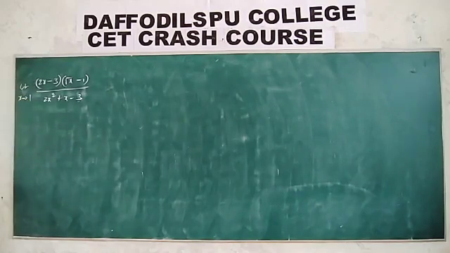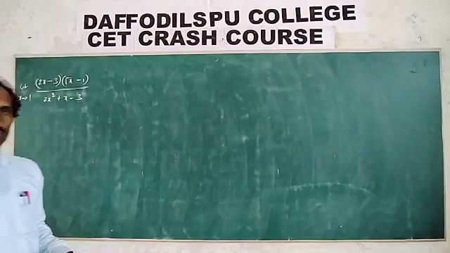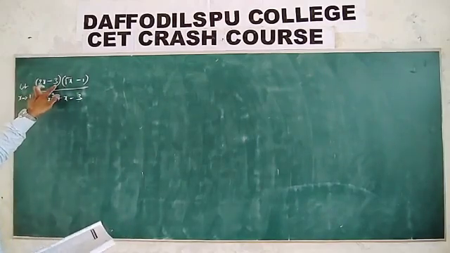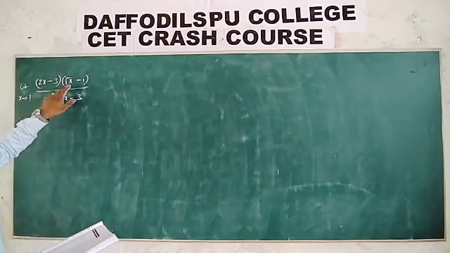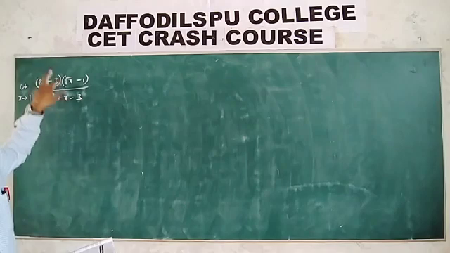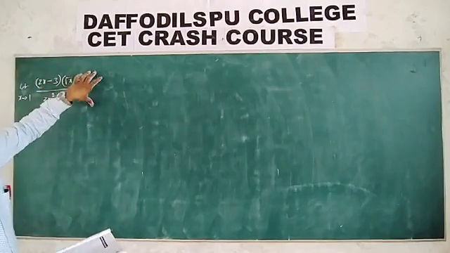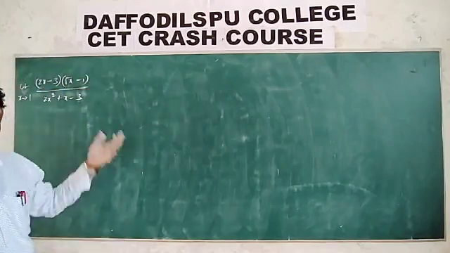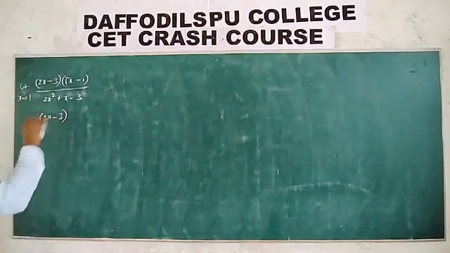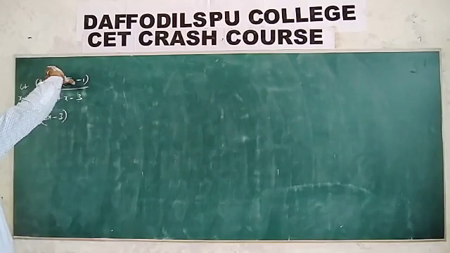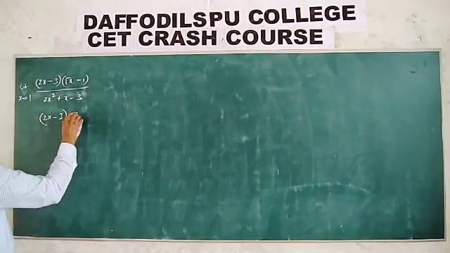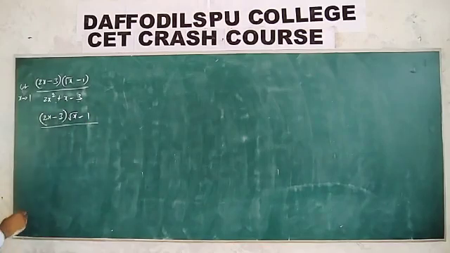Limit x tends to 1. X tends to 1, direct substitution. What happened? 2 minus 3 minus 1, 1 minus 1 is 0. Here 2 plus 1 is 3, 3 minus 3, undetermined form. So either rationalization, otherwise find factors like that and convert. So therefore L'Hospital rule also can apply, but these two terms, UV formula, 2x minus 3 root x minus 1.